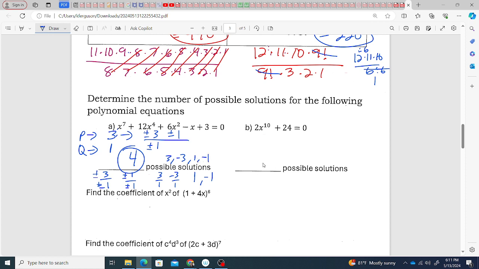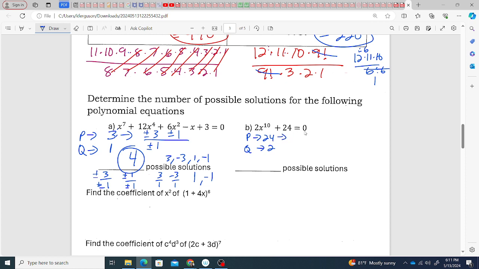See, I'm looking for duplicates. And so, there's only so many. So maybe it'll become, hopefully, well, not maybe, but hopefully it'll come plainer when we look at the second one. So let's look at my P and my Q. Well, my P is 24 and my Q is 2. So I'm going to put together all